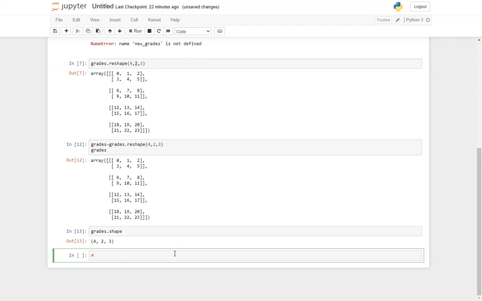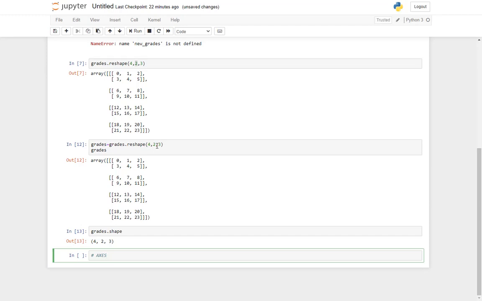Next, we are going to learn about axis. Since we have learned about shape and reshape, as you can see, using reshape we have converted a one-dimensional array into something which is three-dimensional: number of planes, number of rows, and number of columns. So this is three-dimensional, right?